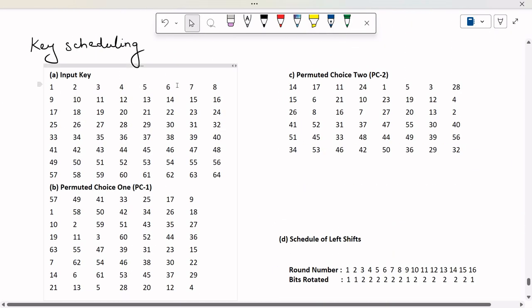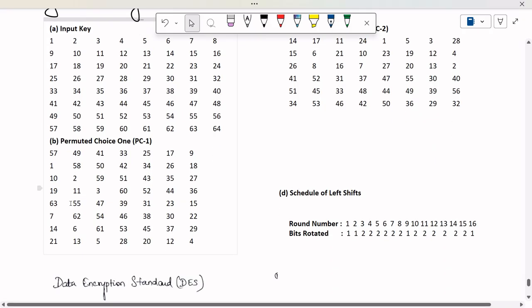So here you can see just an example of input key. So this is the bit positions of the input key. So here you can see all these 8 bits are truncated in permuted choice 1. So in permuted choice 1, the bits in 8, 16, 24, 32, 40, 48, 56, 64 will not be there. You can see. Right? So all these bits are removed, thereby the 64-bit is reduced to 56 bits. And then again changing the positions. That's it. Changing the position is with regard to the